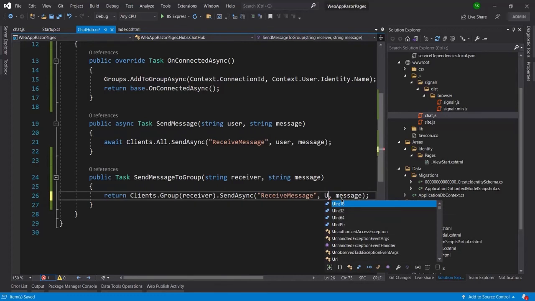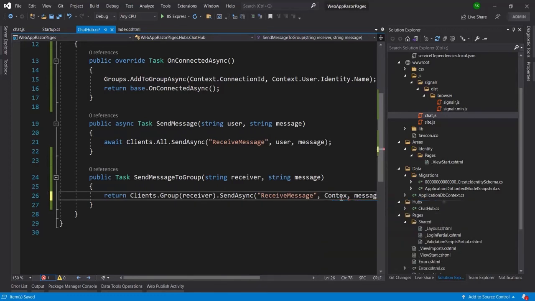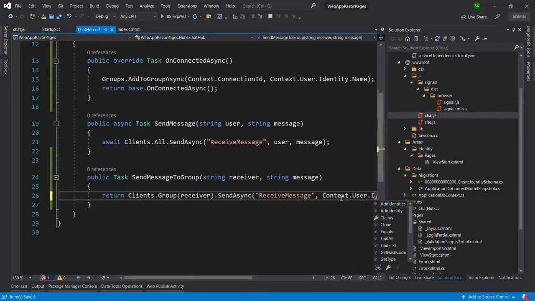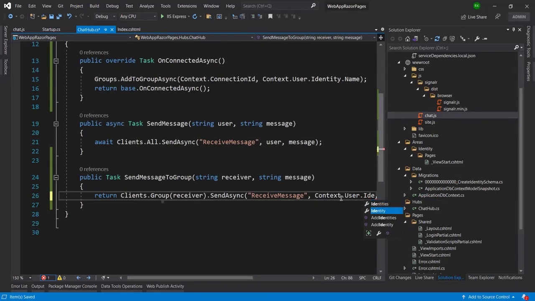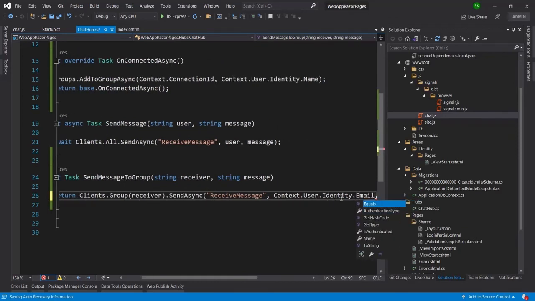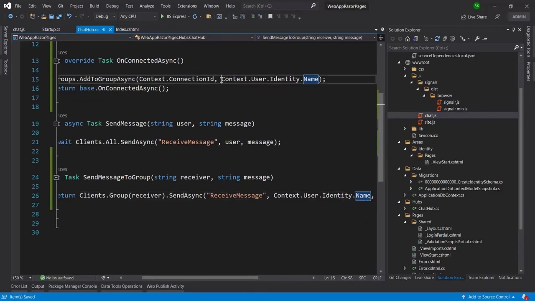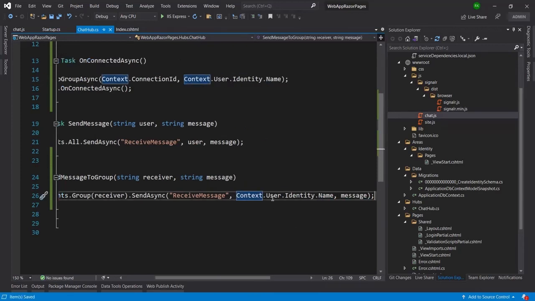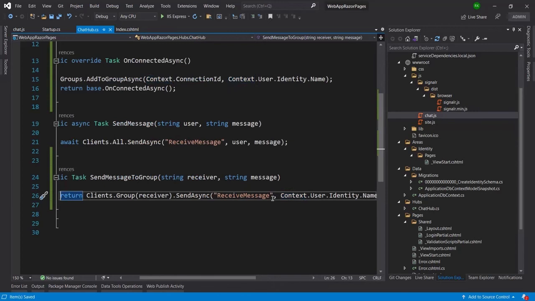Here I will put context.user.identity.name, sorry, not the email, dot name, and in the name the email will be here. Okay, because I have used the same thing here, so automatically the logged in user will be bound here. Okay, so that's it. And one more thing I need to remove